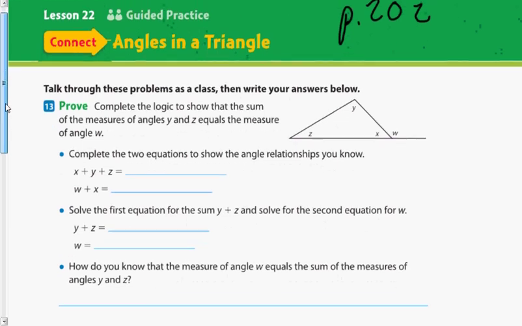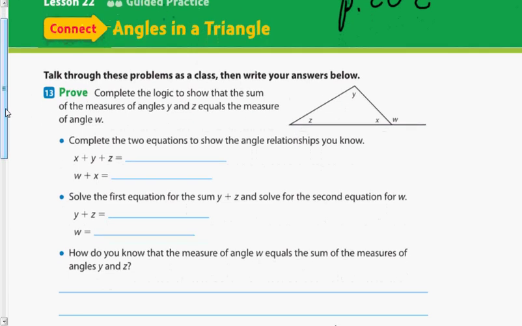We're going to go through this problem as a class here. It says complete the logic to show, you guys know what logic is? Logic is this kind of connects. You could take some patterns, you could take some things you know, and draw conclusions based off of those things. So that's what we're going to do. So complete the logic to show that the sum of the angles